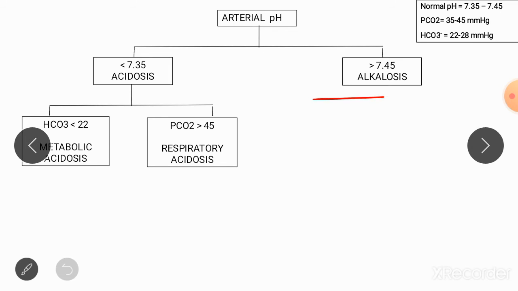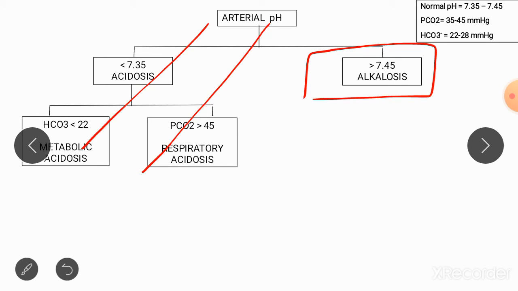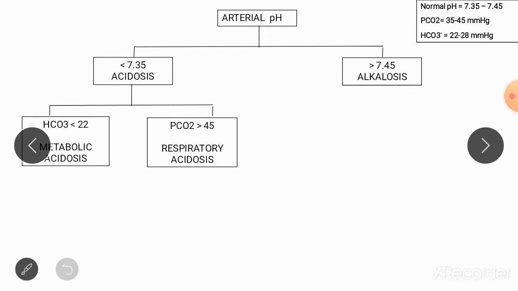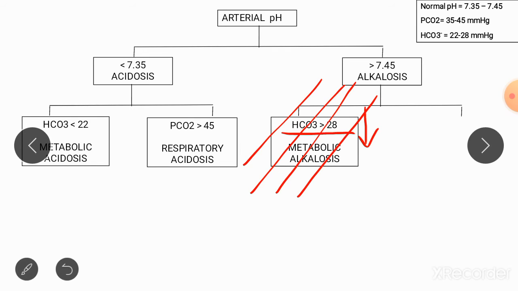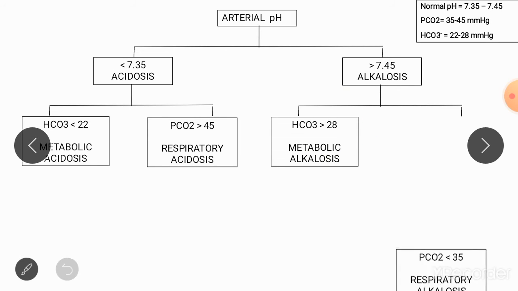So once you have determined that the patient is suffering from alkalosis, forget all about acidosis and immediately go for the values that are given to you next after the pH. First, if you look at the bicarbs, if the bicarbs are increased, you will immediately understand this person is suffering from metabolic alkalosis. But if the bicarbs are either normal or slightly decreased, rule out metabolic alkalosis immediately. And when you rule out metabolic alkalosis, the only option that is left behind is respiratory